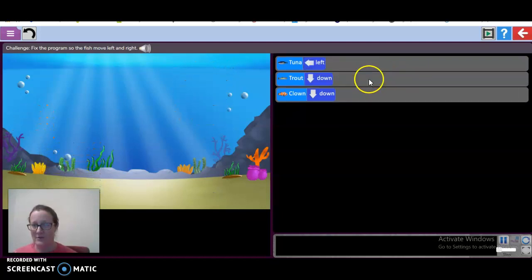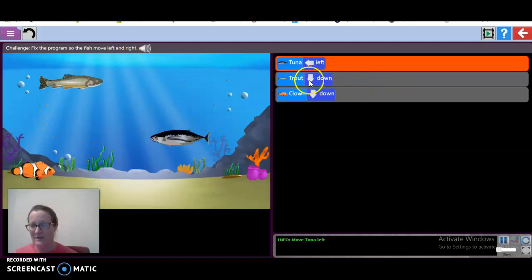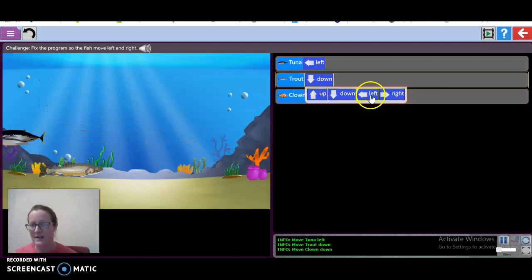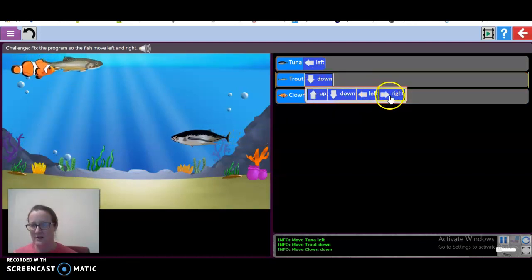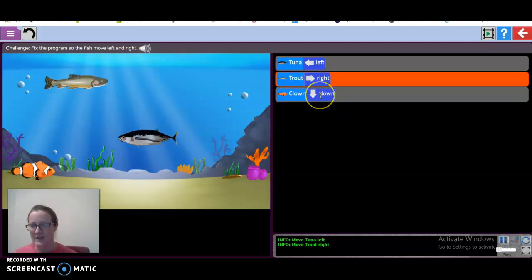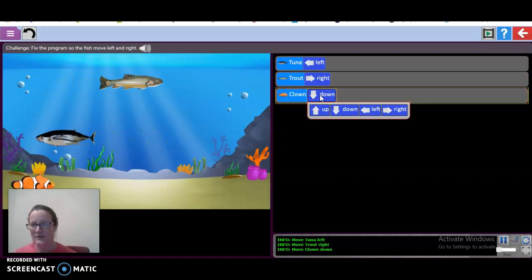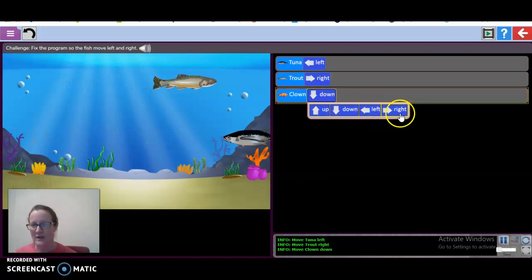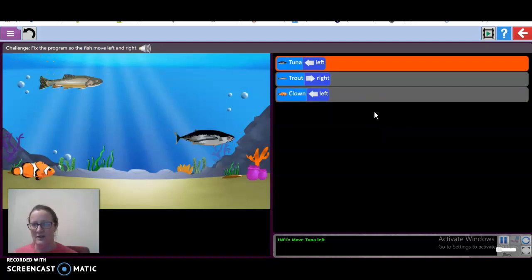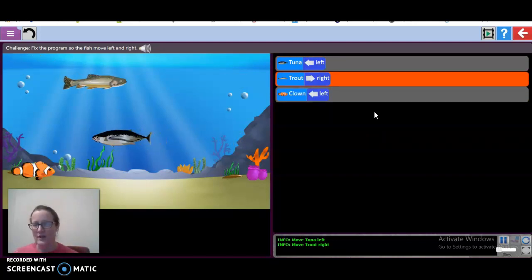I'll choose left for my tuna. My trout, and down, I need to click on the down key and choose either left or right. I think I'll go with right. And then you've got the clownfish. It's going down. You need to click on the down action and choose again left or right. Oh, I might choose left just to be different. Okay, so now it's going to run the codes,